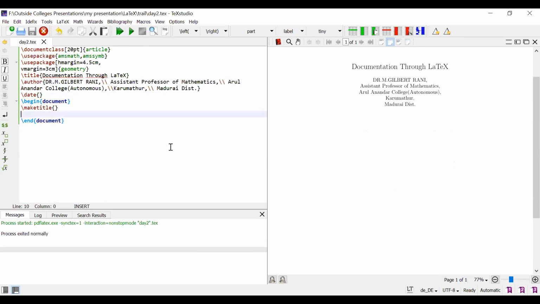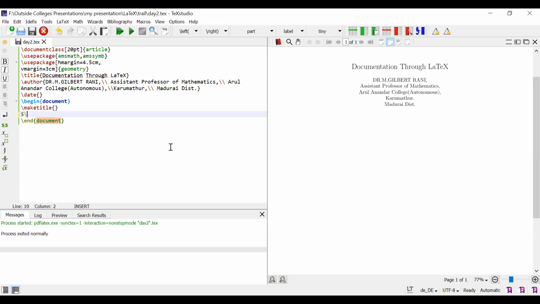Now, I'm going to start to type the Greek letters. Yesterday, Professor Prem Kumar showed how you get the Greek letters from your toolbox. But now, how do you type all these things in your text editor? I will show that. Whenever we want to get some mathematical symbol, we must use the dollar symbol in front of it.